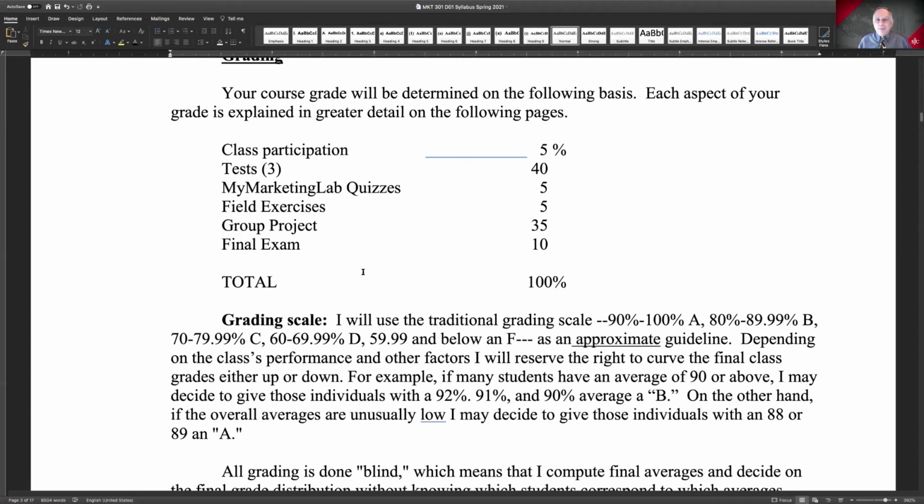That means if you happen to screw up on one test, or if you miss a test inadvertently, that test will count as a 0, and we'll just count the other 3. By the same token, if you've taken the first 3 tests and you're happy with how you did on those, just don't take the 4th test. Don't even tell me that you're not going to take it. I'll see that you didn't take it, and that'll be the one I drop. So I hope you like that.